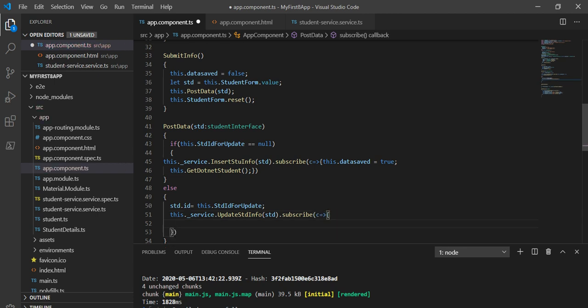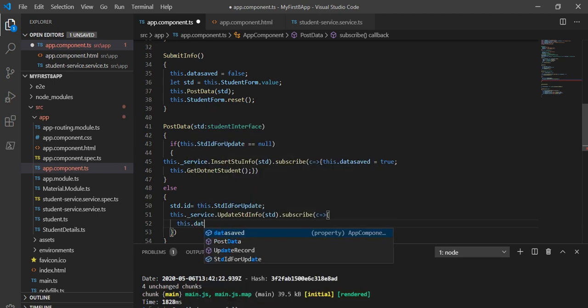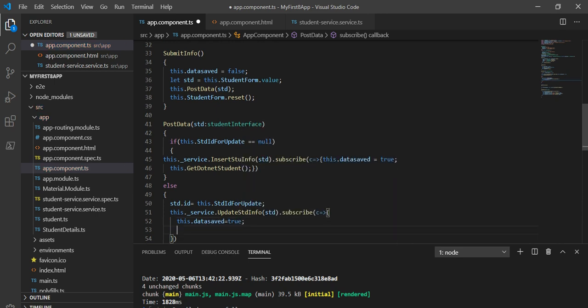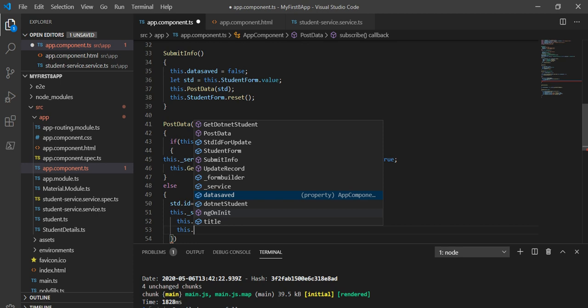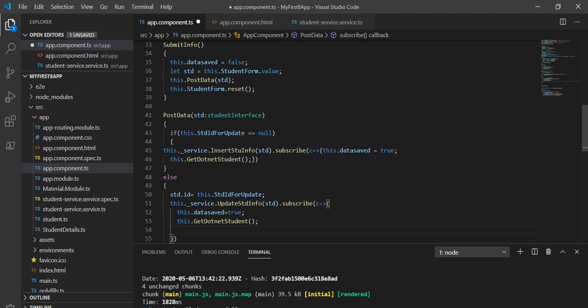Then inside this, data saved, and we are making it true, like this is basically a label that will show whether data is successfully saved or not. And after this, I am going to call get student, like it will refresh our data table.